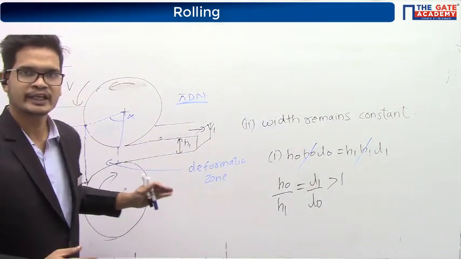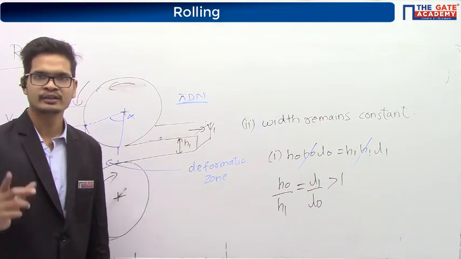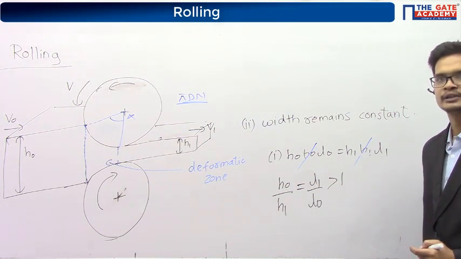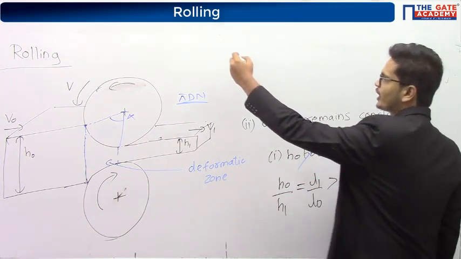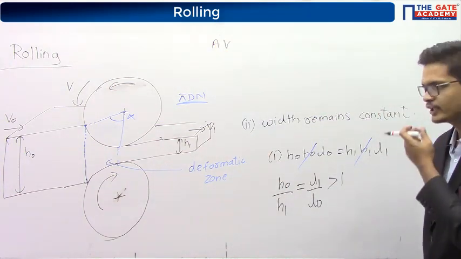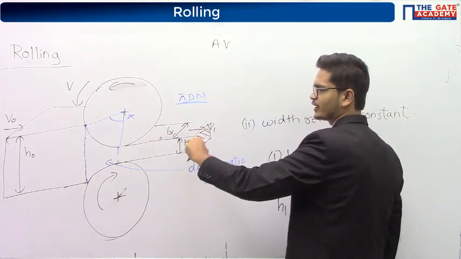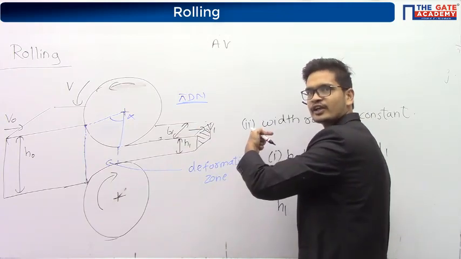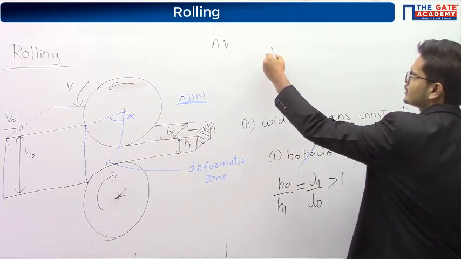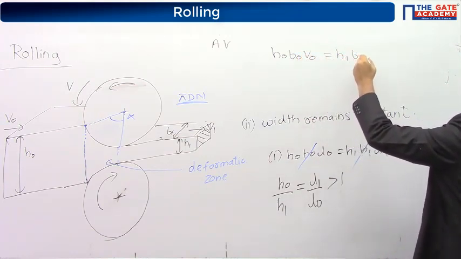Whatever volume is going in per second, the same volume will be coming out per second, right? The material flow rate will remain constant. What is the initial material flow rate? How do you write the flow rate? Volume flow rate is area into velocity. What is the area? This is the area, H1 into B1. So H1 into B1 into V1 is the final flow rate, right? Similarly, the initial flow rate will be H0 B0 V0 equals H1 B1 V1,